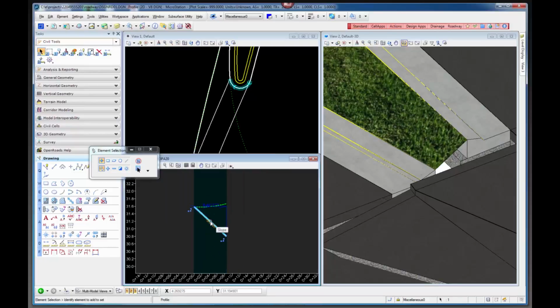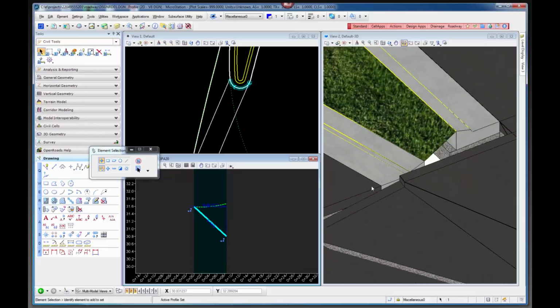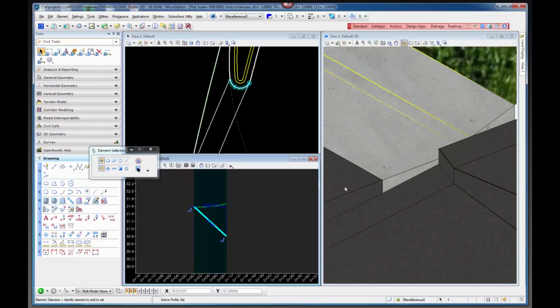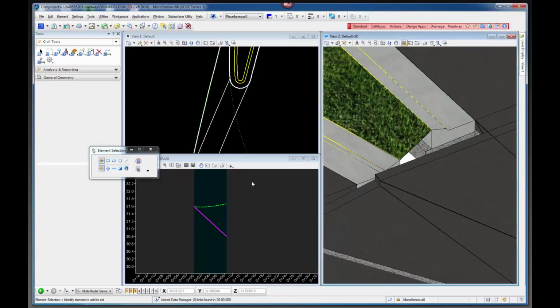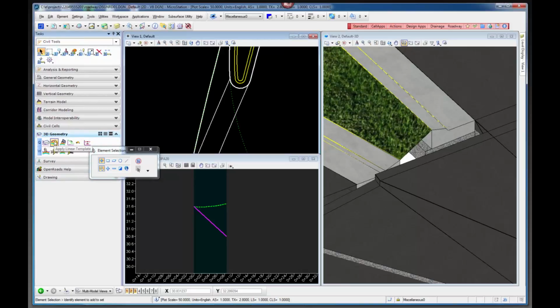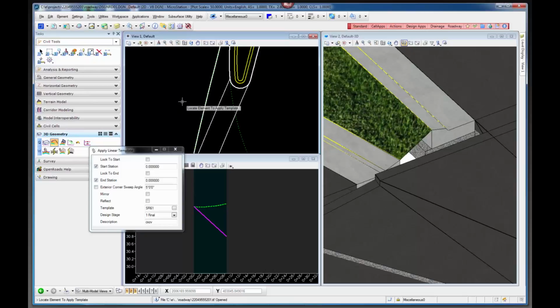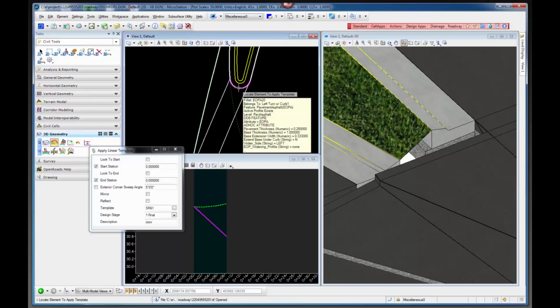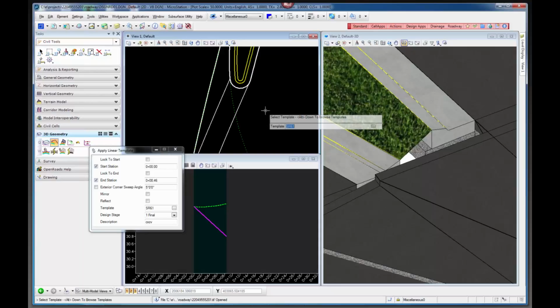Once I have that, I can just go and use the set active, and I should get a line that goes across there, and you can kind of see it in there. Actually, you can't see it. But once you have that profile, then you can use the curve component to place a linear template. So I'm going to place a linear template. I'm going to select the element to apply it to, would be this one. And then the template I'm going to use,